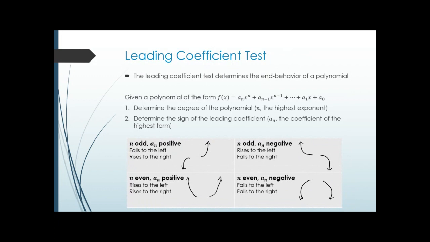And that number basically tells you what happens to the right side of the graph, whether it's going up or going down. So there are four choices. On the top row, I have the odds. Bottom, I have the evens. The left side is positive. Right side is negative. So if you have something that has an odd degree and the coefficient in front of